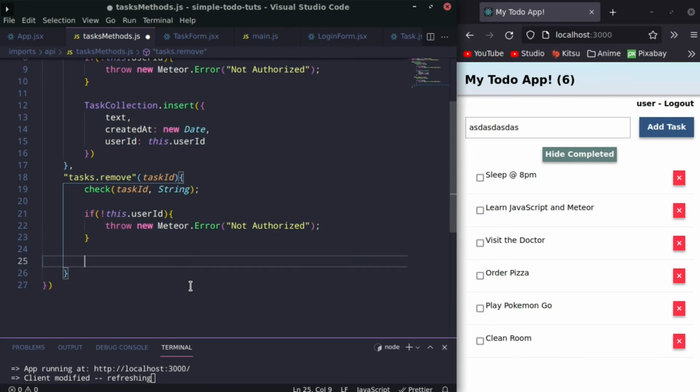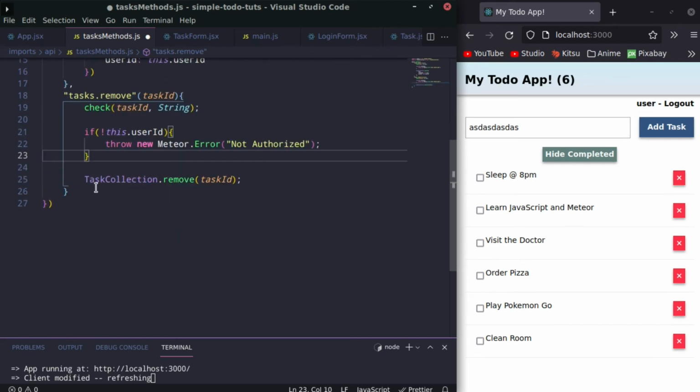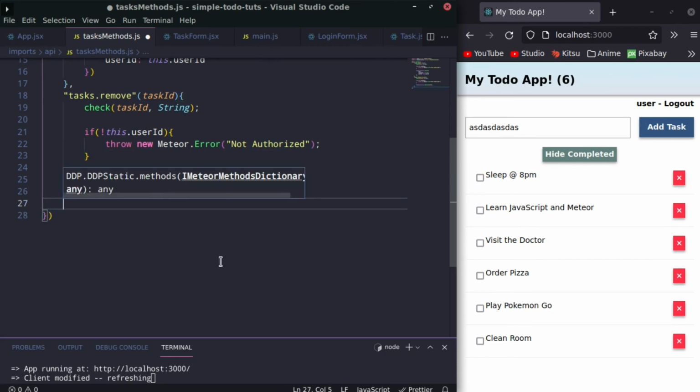Anyhow, and then we can just say task collection dot remove and then the task ID, and that will just remove the item. Perfect. Next, we want to update the database. So if someone clicks on this check right here, it should update it. We can then say